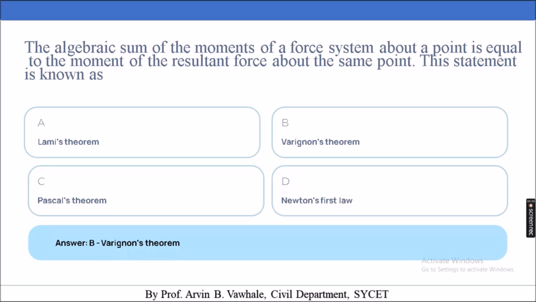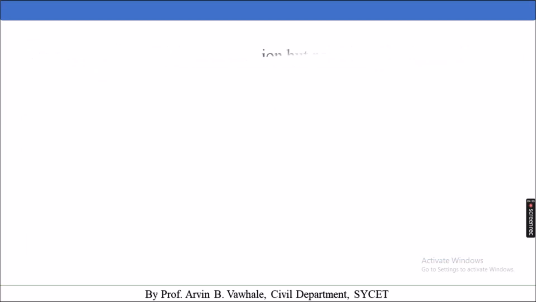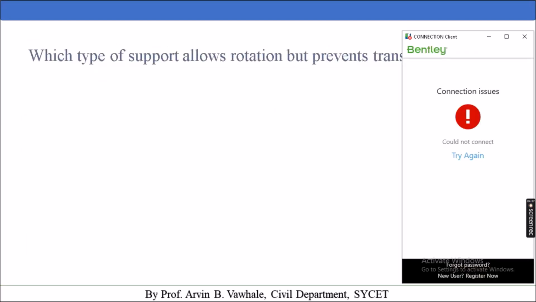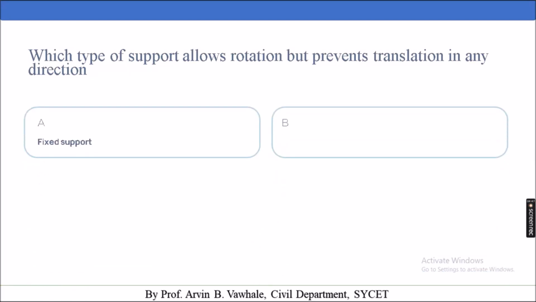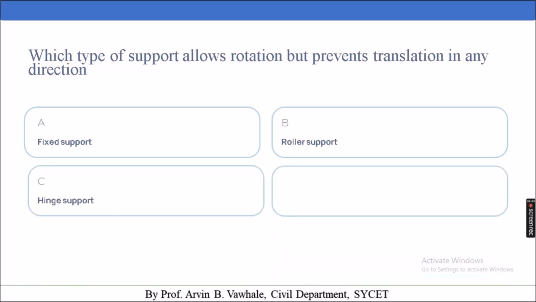B, Varignon's theorem. Which type of support allows rotation but prevents translation in any direction? Option A, fixed support; option B, roller support; option C, hinge support; option D, free support. Answer: